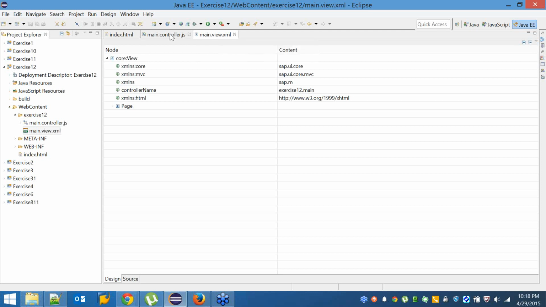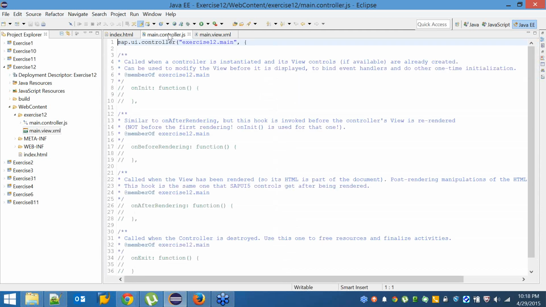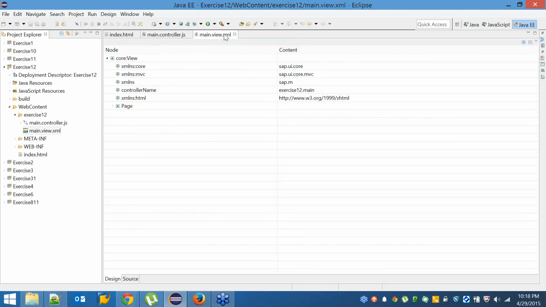But if you see here, it is of type main.view.xml. So the basic thing is that, like I have told you already, the controller file is always going to be JS. Only the view part is going to differ according to the type of development that you are going ahead with. If you're going for JS,